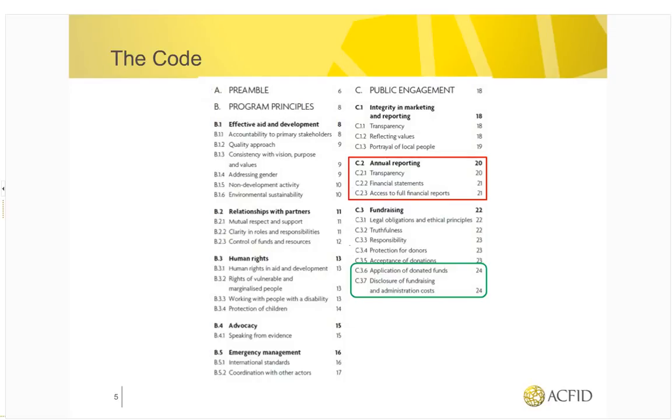There's another section there, C3, which is about fundraising. These set out some of the key things you need to do to substantiate the use of funds, to show how the funds you've raised through your fundraising are applied. And the main takeaway in that part, and how it affects the annual reporting, is that